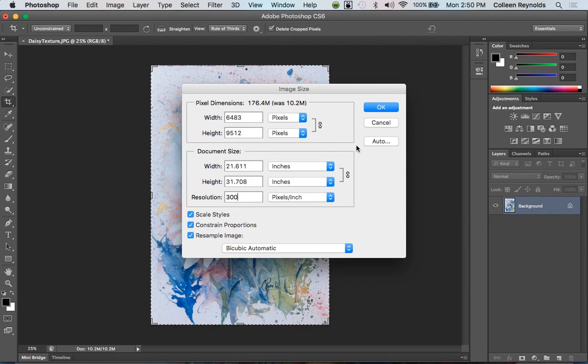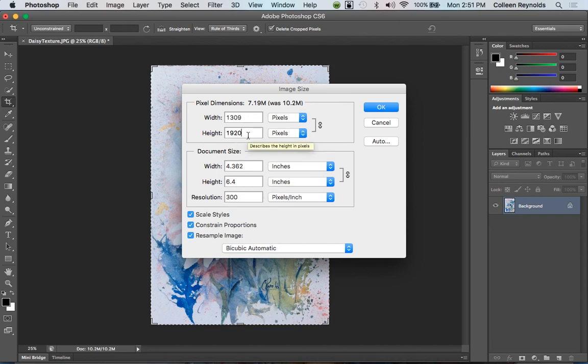So the longest side is the bigger number. This is a vertically oriented painting, so I want to pick the height because it's a larger number, and I'm going to change that to 1024. Another common printing level to have a small file but not so small is to make it 1920. You'll notice that when I change the pixels height and width, it also changes the units here on the document